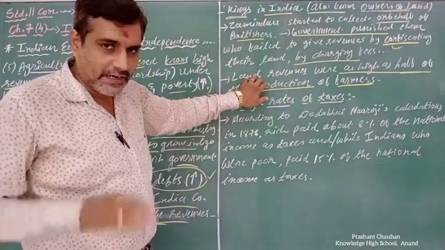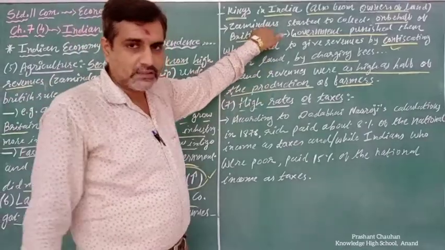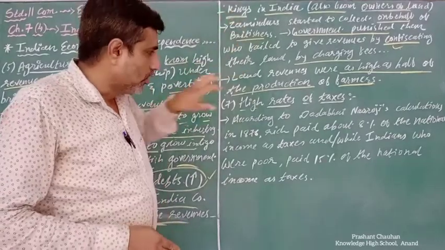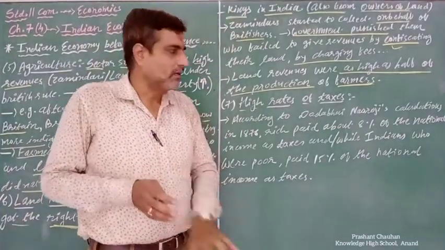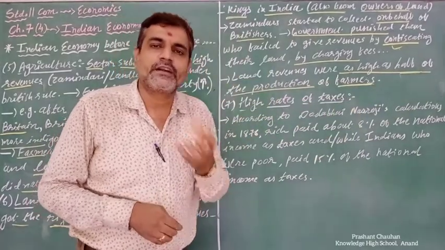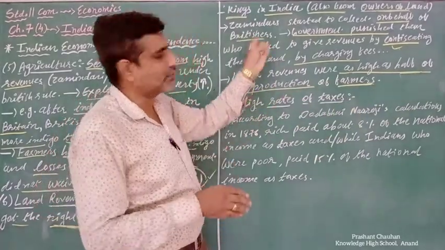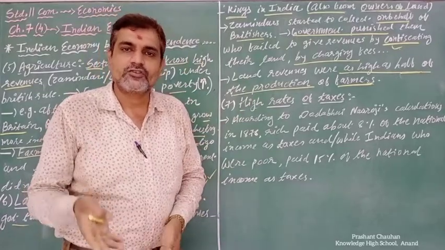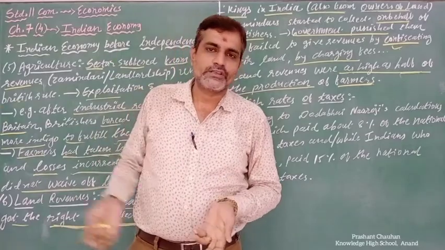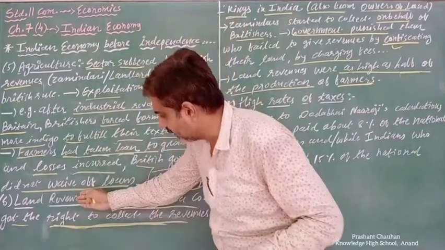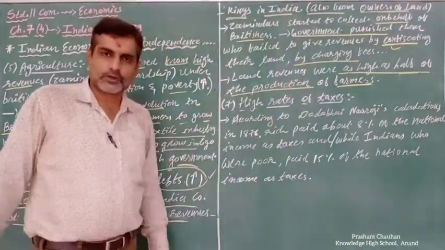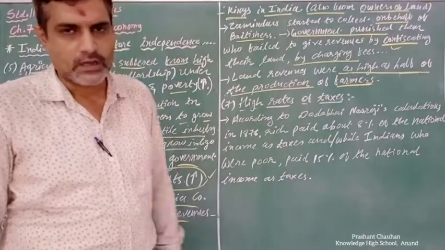So whatever land revenue the zamindar collected and gave to the Britishers, the proportion, what was it? As high as half of the production. Suppose 100 kg production has happened, then 50% they were giving to the zamindar regarding the revenues. So 50% remains, out of which they will keep something for their survival and sell a little, so they will not earn. That's why they are under loss. So half of the production is taken from the farmers.